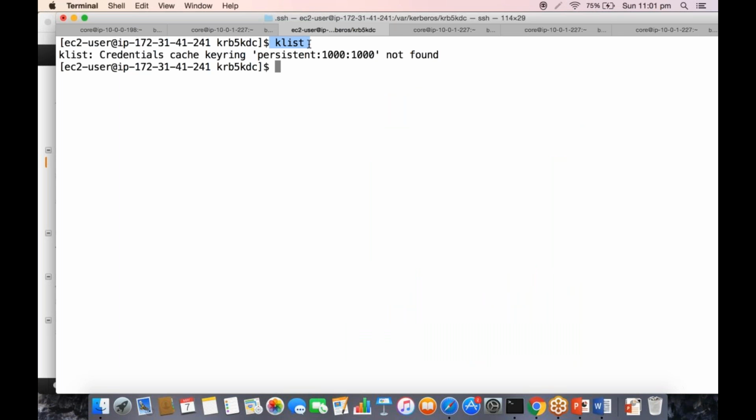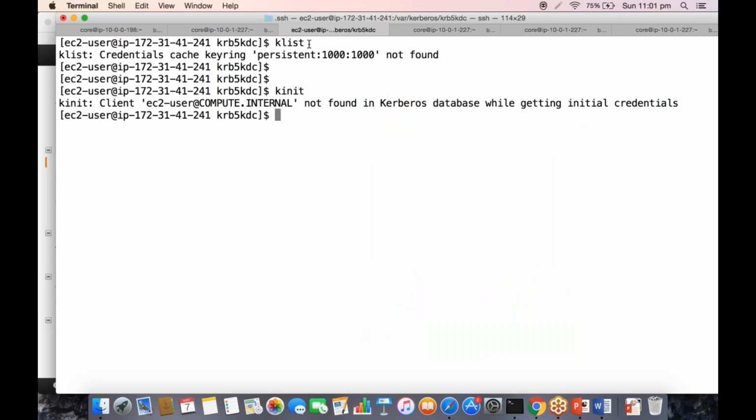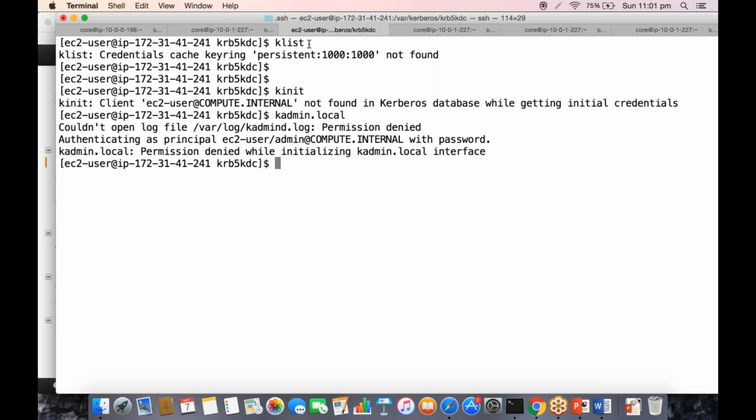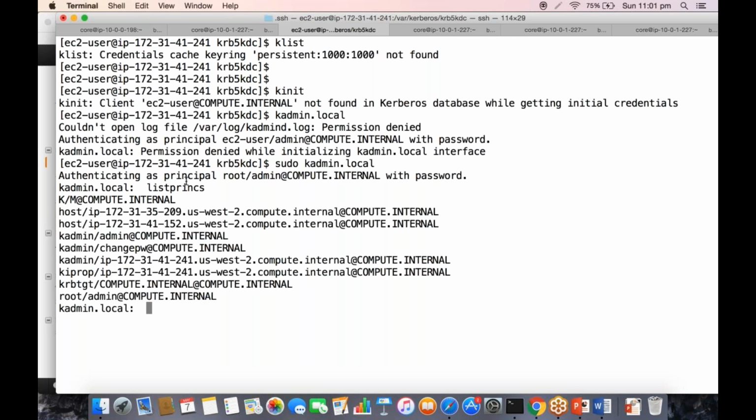It says that it does not have any tickets right now. So for getting the ticket, I need to say kinit. Did we not load kadmin.local? Sudo kadmin.local, list principals. We have added EC2 user, right? Or did we forget to add EC2 user?